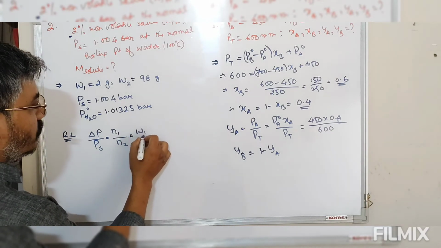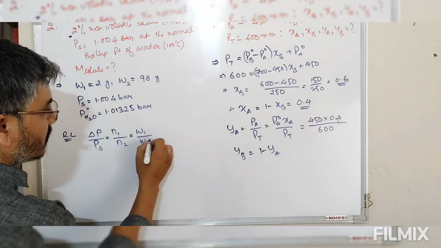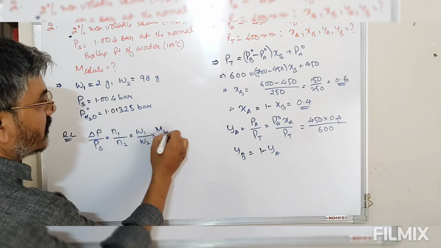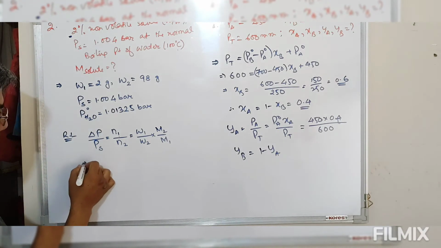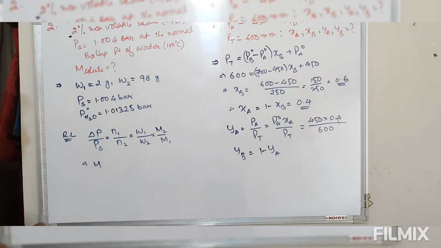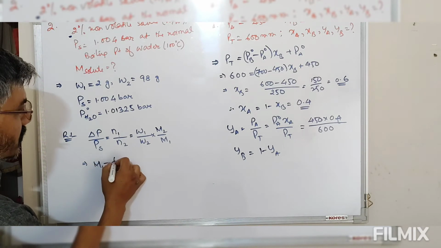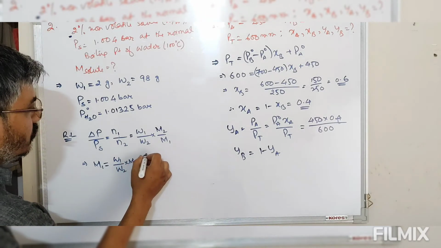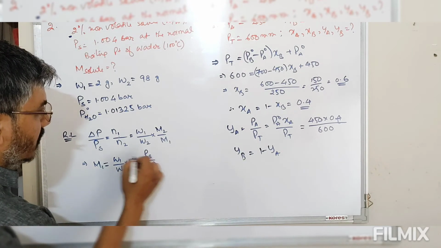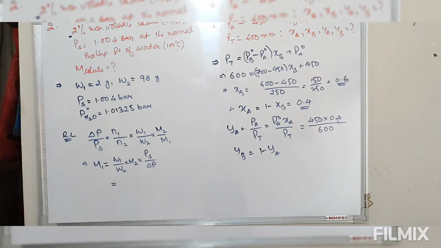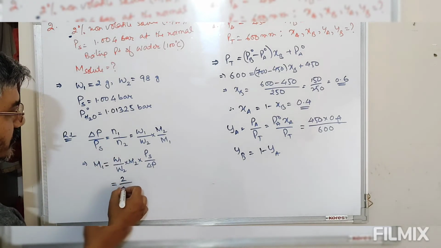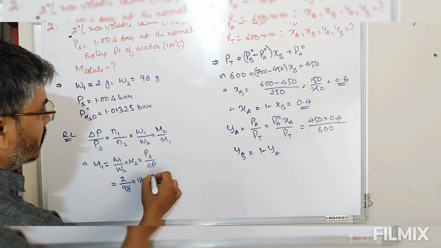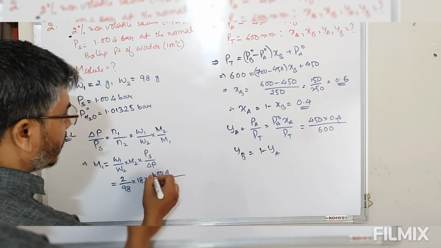N1 is W1 by M1, and N2 is W2 by M2, so we can write this in terms of M1 and M2. Therefore M2, the molecular mass of the solute, is equal to W2 by W1 into M1 into PS divided by delta P. Now we have the values of W1, W2, M1. W2 is 2, W1 is 98, the molecular mass of water is 18, PS of the solution is 1.004, and delta P is P0 minus PS,